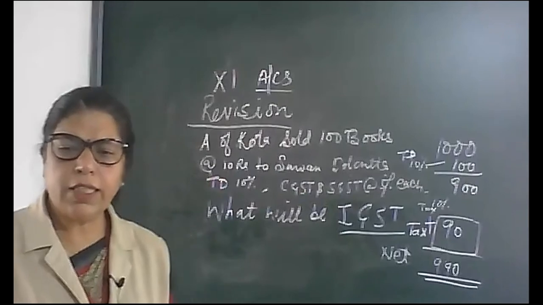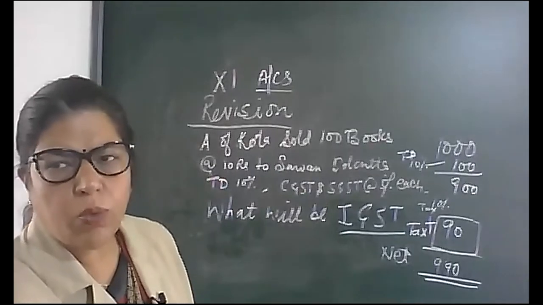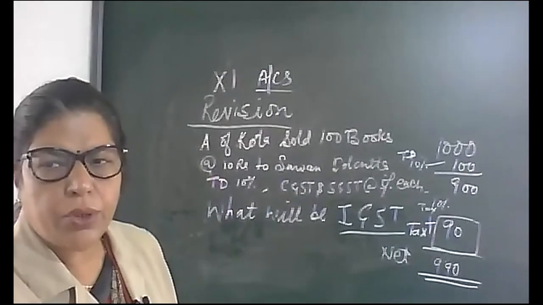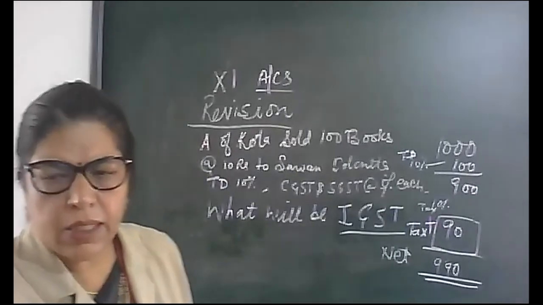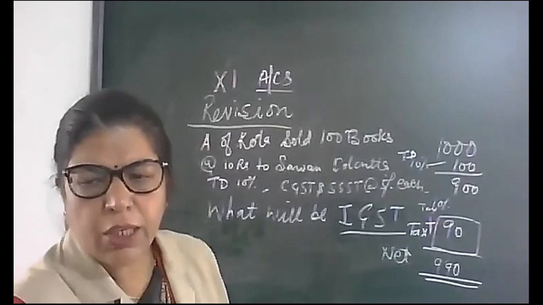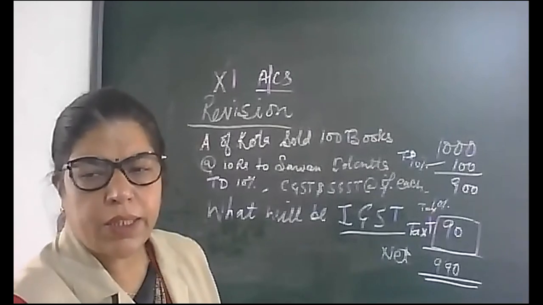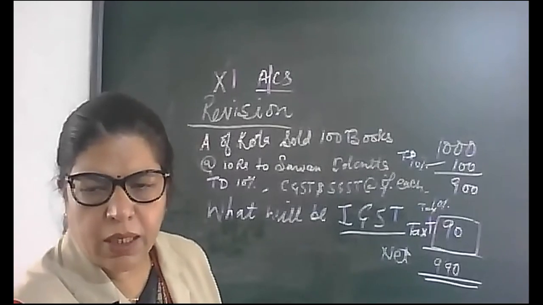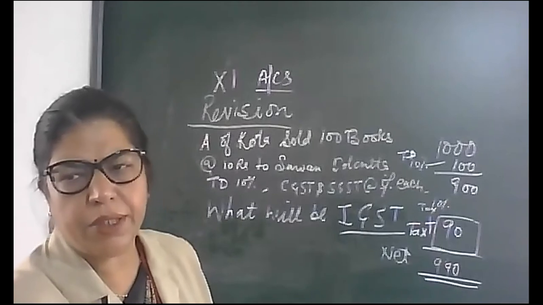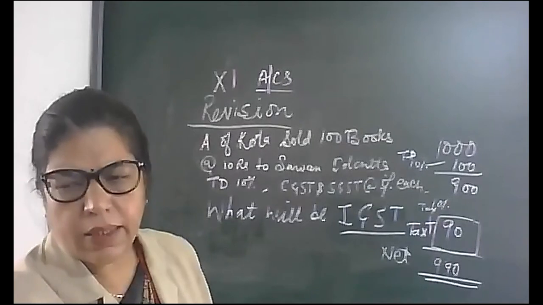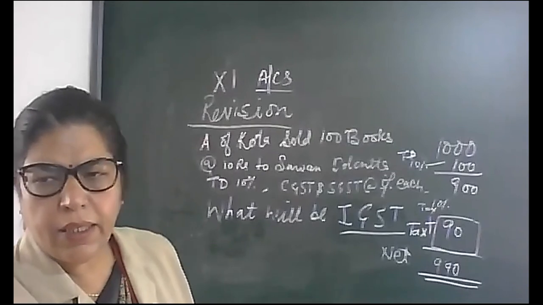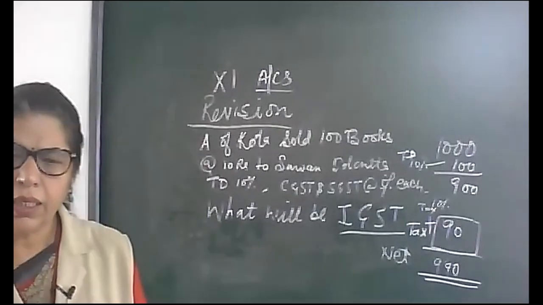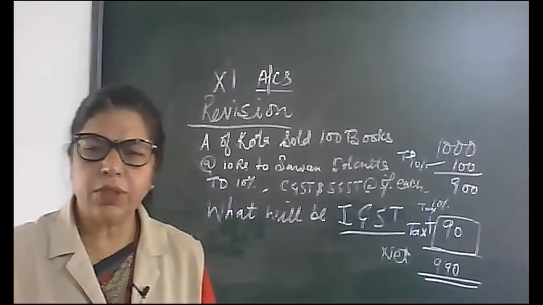Clear? Got it? So just now what I explained to you, don't show the calculation part in the exam. Himank is not ready to copy even. What will be the net amount? TD minus, tax plus, so net amount will be 990. Clear? Any doubt? You can ask. Rishiraj, agree? Okay? Any doubt? Then you can ask.